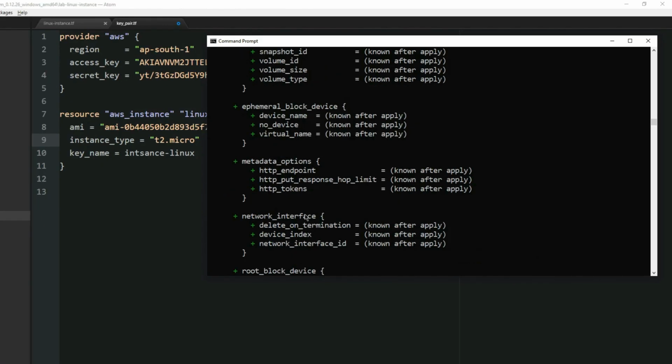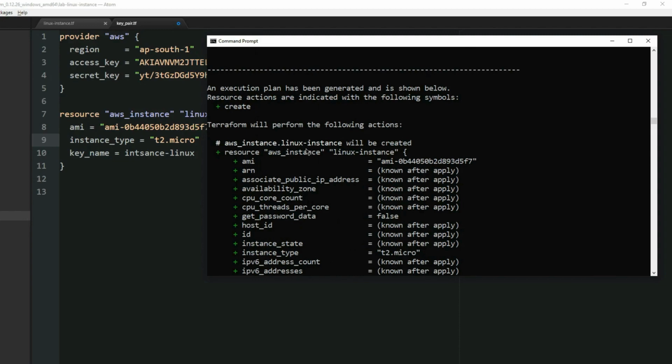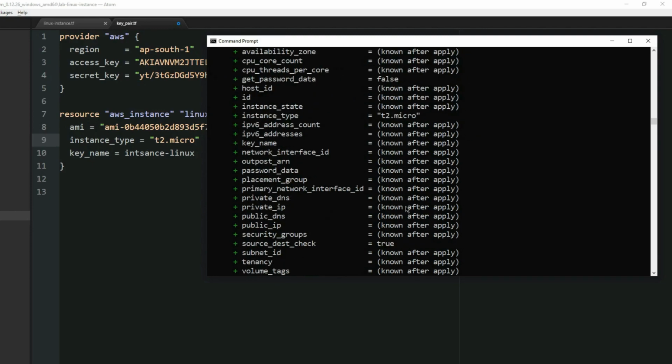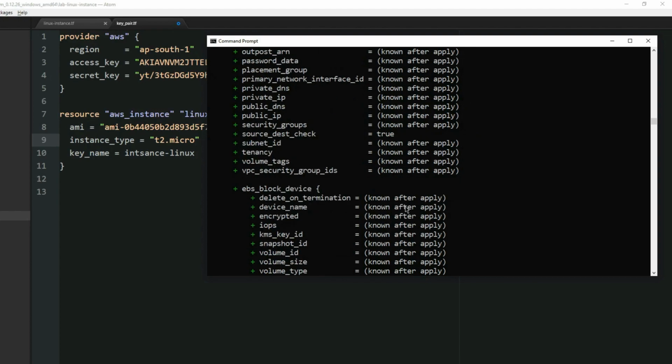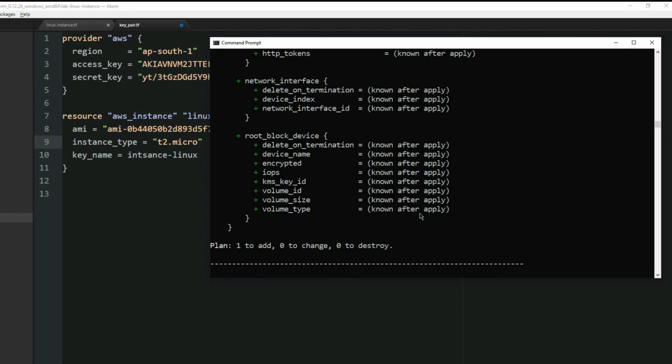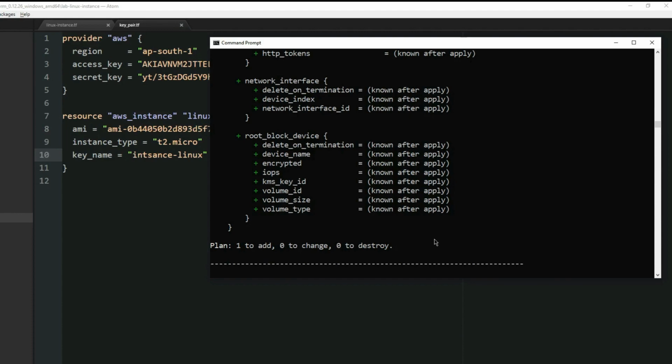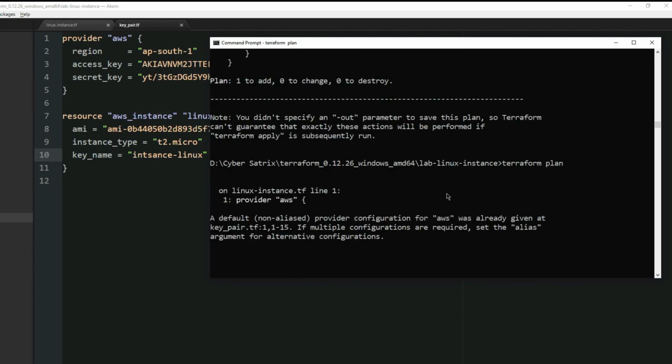As it shows, it's going to create an instance named Linux-instance, with a unique ID, an AMI, and the instance type will be t2.micro. Additionally, you should also add the key_name. Okay, it has not added it because I have not added this name in the code. So let me add this in the code and save it. Okay, and let me run the terraform plan again.